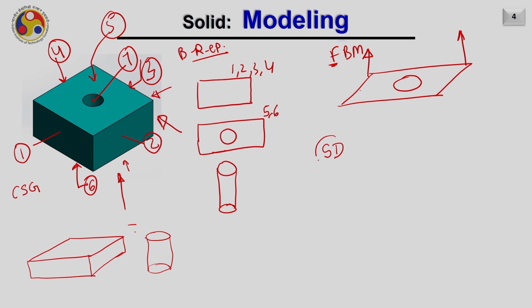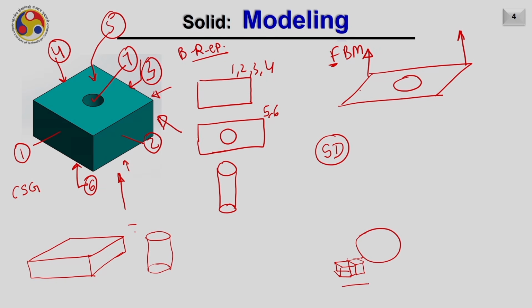The next is SD, that is the space decomposition. In that case, we basically define the domain like we define in the 2D plane through pixels. Here, those unit cells are called voxels. So basically, a collection of tiny cubes will represent this particular model. Appropriately, they will be connected with each other. Where there will be no material available, there will be a hole.